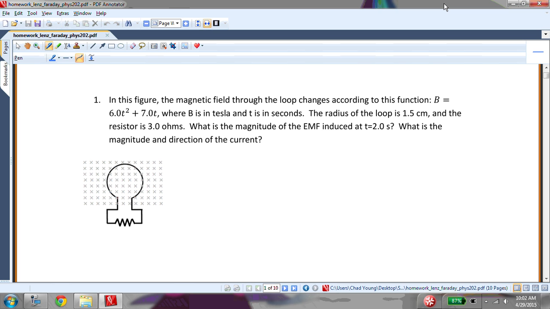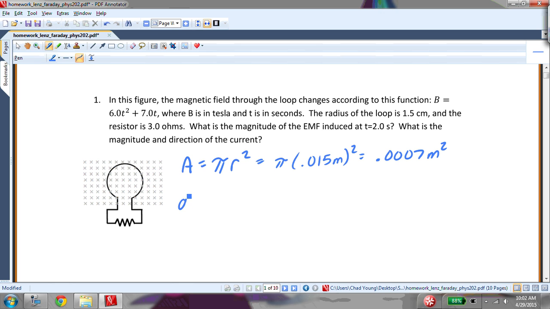Okay, so first I need to find the area, so let's just go ahead and do that. To find the area of this loop, it's equal to pi r squared. That's equal to pi times the radius, which is 1.5 centimeters, or 0.015 meters. That is equal to, let's see, 0.0007 square meters. All right, I also need to find dB/dt,